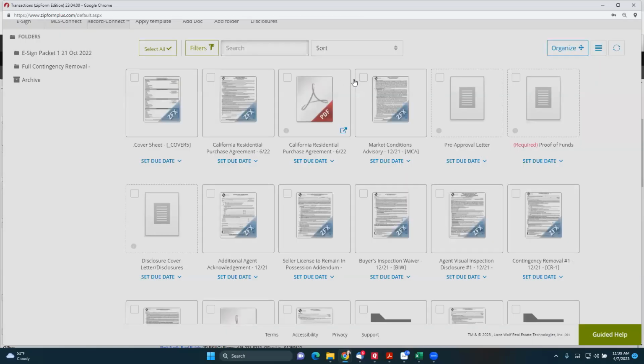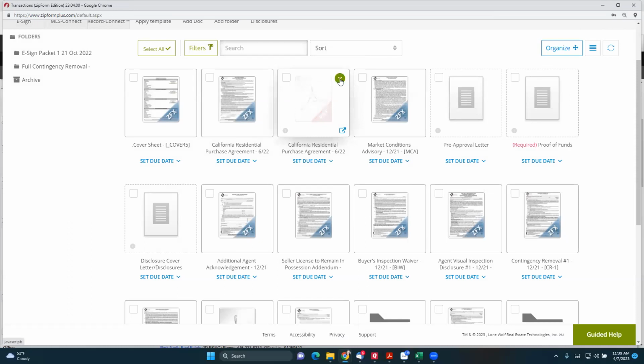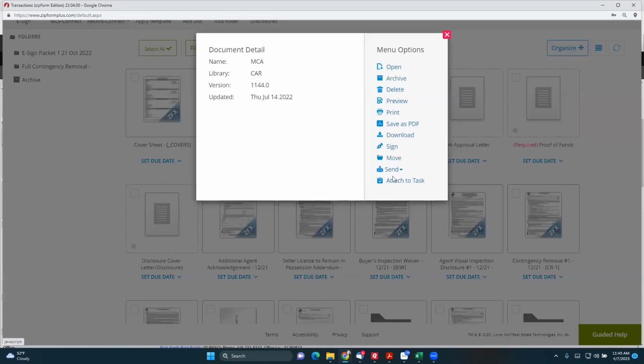It is nice to remember here, just a little reminder, any of these documents that you want, if you're going to do something individually from them, that little green caret on the top right, oh, I see a hand, hold on one second, does give you a bunch of different options. So you can print right from there, you can save as a PDF from there and download. So you don't have to go into the forms editor if you don't want to. You can just do it from here. If you know it's all ready for you to do something too, you can do that.